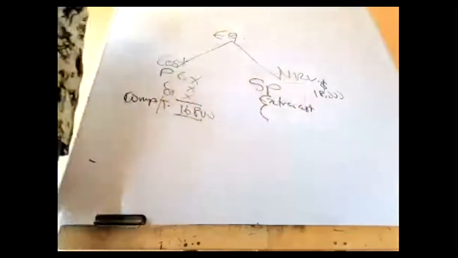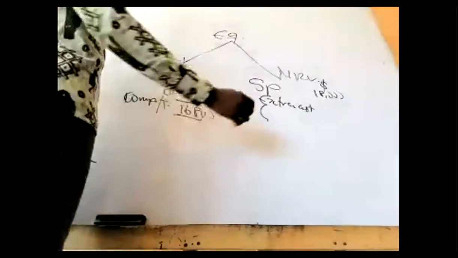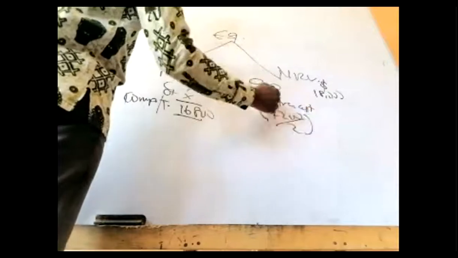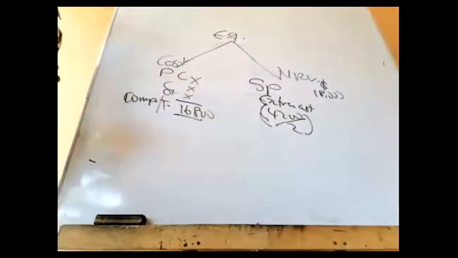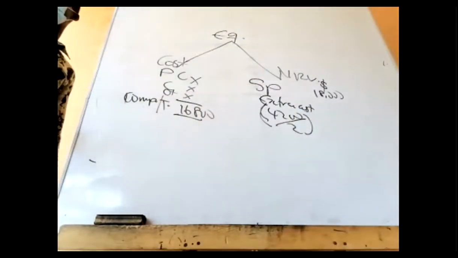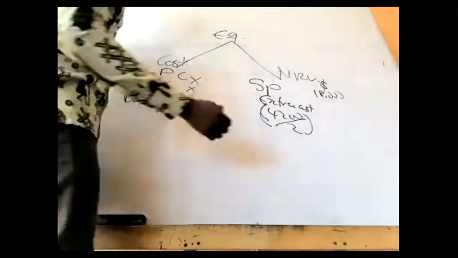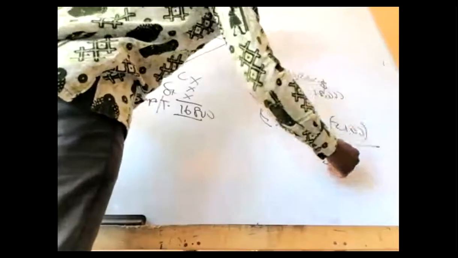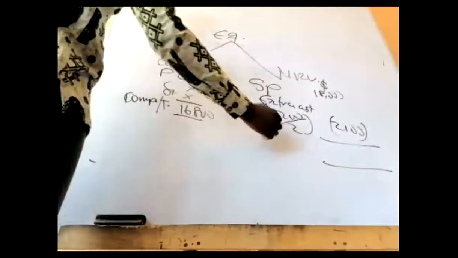So open a bracket like this nicely. 4,200 divided by what? 2. Because the customer will bear half, the company will also bear the remaining half. So therefore it will be 2,100, and that becomes the cost to complete. So therefore the NRV will be